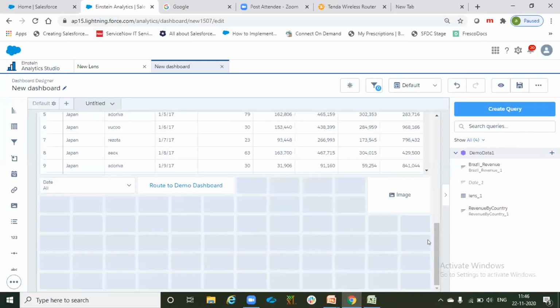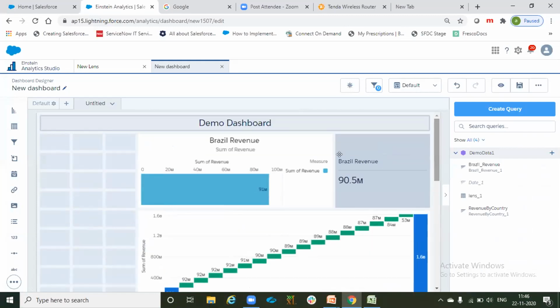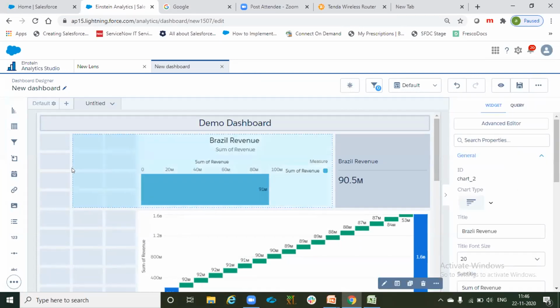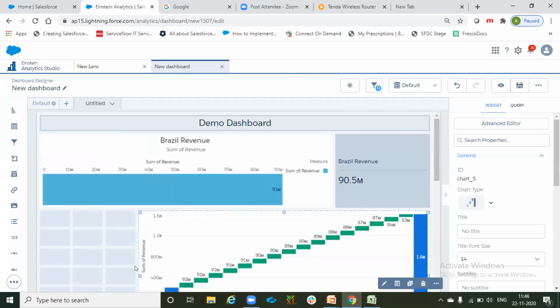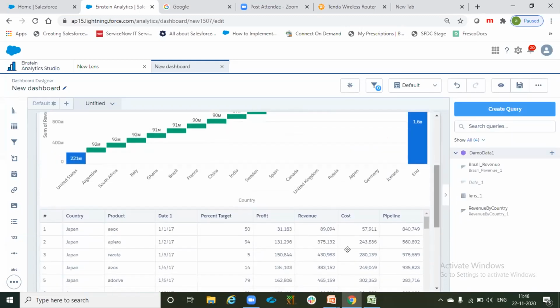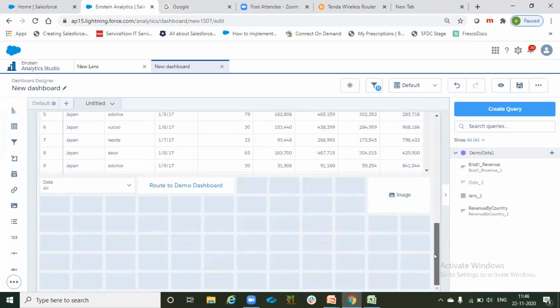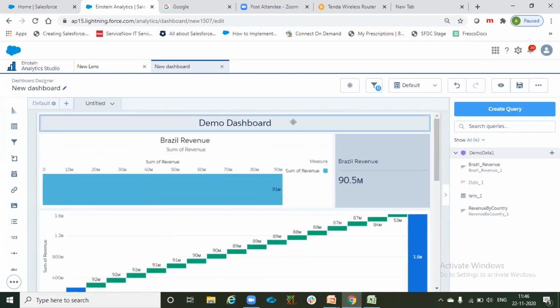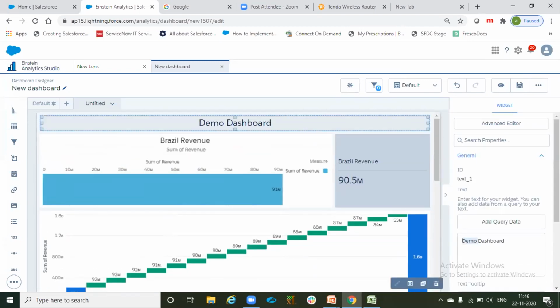So here we, let's say, all these KPIs, with what we are seeing now, are related to revenue. Okay, so let me change the name to revenue details.